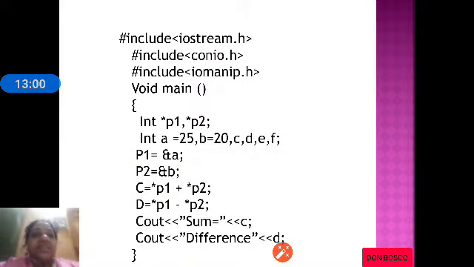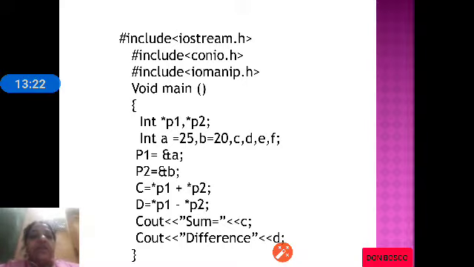So you can see the program where we have taken two variables a and b, and two pointers p1 and p2. We are storing the address of a in p1 and the address of b in p2. c is equal to the sum, where we are adding the value of a and the value of b through pointers.